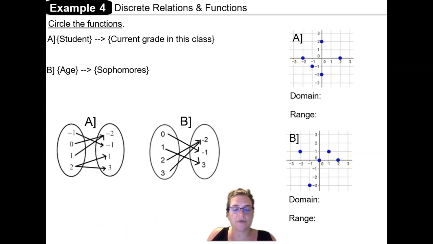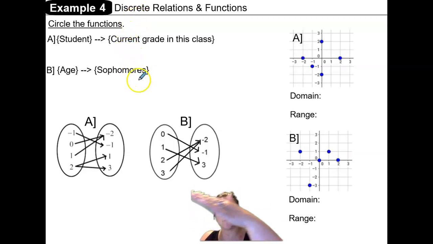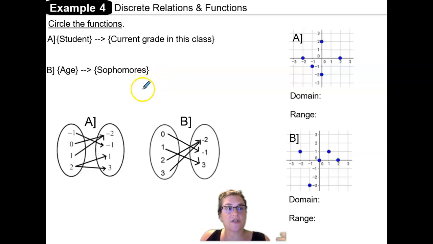Okay, welcome back to example 4 for the notes for domain and range of relations and functions. And in example 4, we're focusing in on discrete relations this time. In examples 1 through 3, we were looking at continuous smooth curves or discontinuous functions like rational functions where there was an asymptote causing a break in that smooth curve, but for example 4, discrete relations and functions, those are